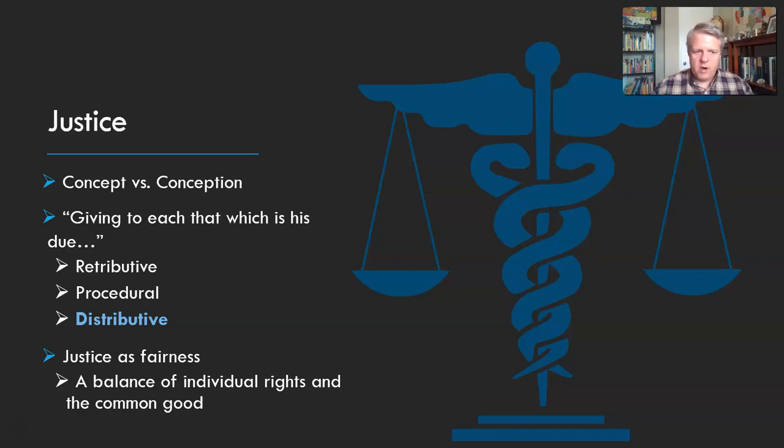And we're going to think broadly of justice as fairness. We're going to ask, what is a fair distribution of these resources? What's a distribution that fairly distributes the costs and benefits that need to be distributed in a healthcare system? And what is a distribution that balances individual rights and the common good? What is a distribution that balances the rights of individuals to make choices for themselves, to choose how to behave within a community, and the common good of that community? That's the question of justice that we're going to be wrestling with at various points throughout the semester.